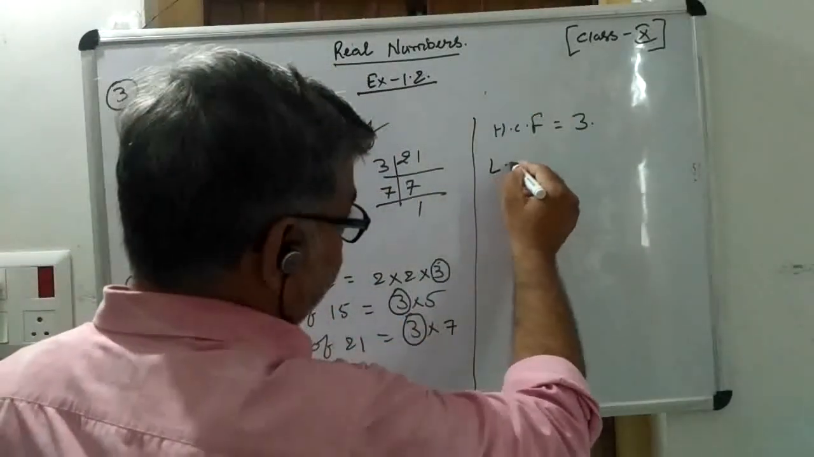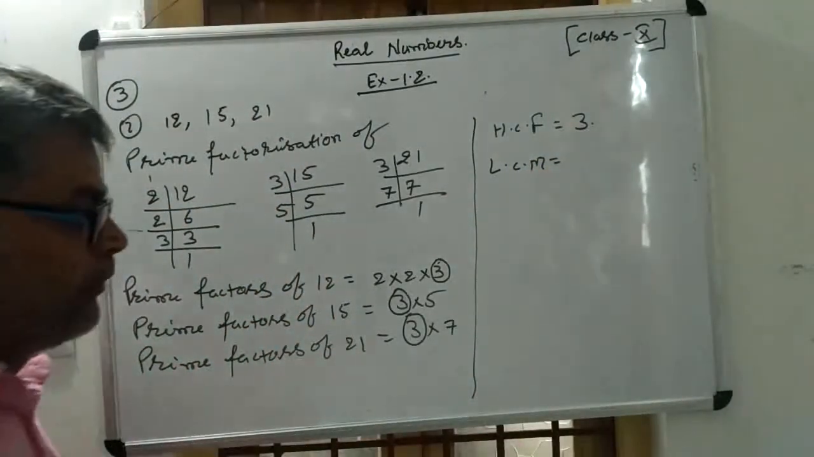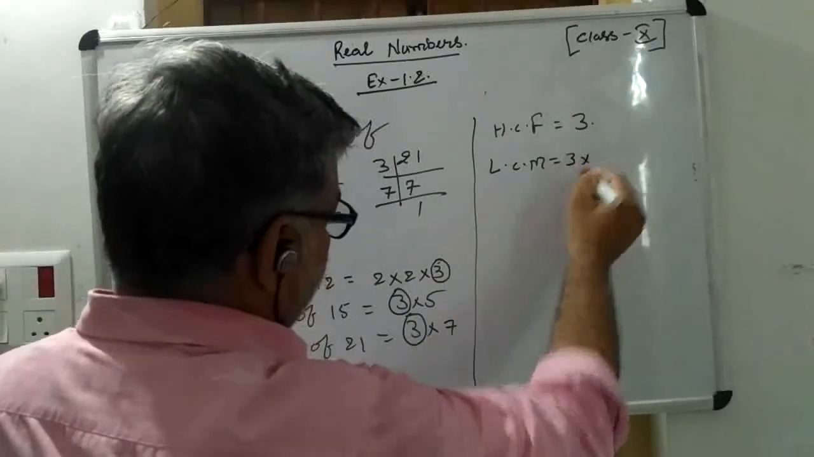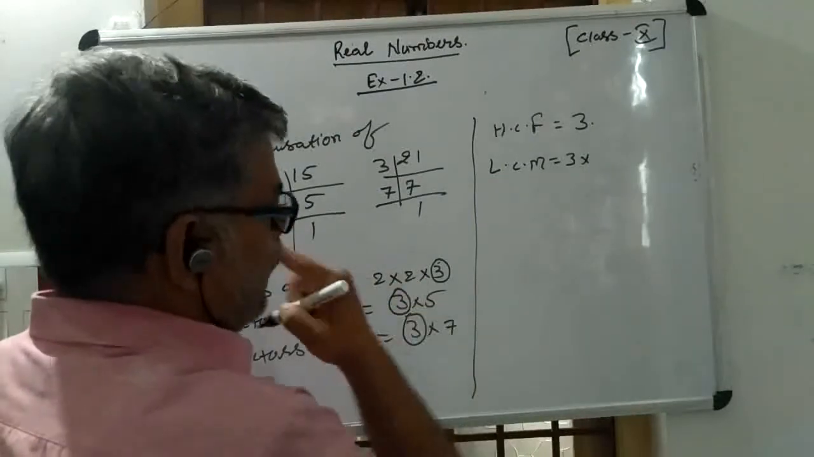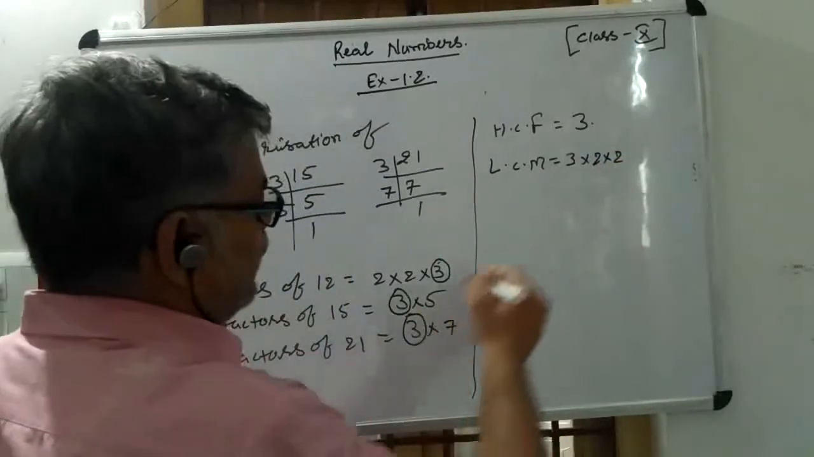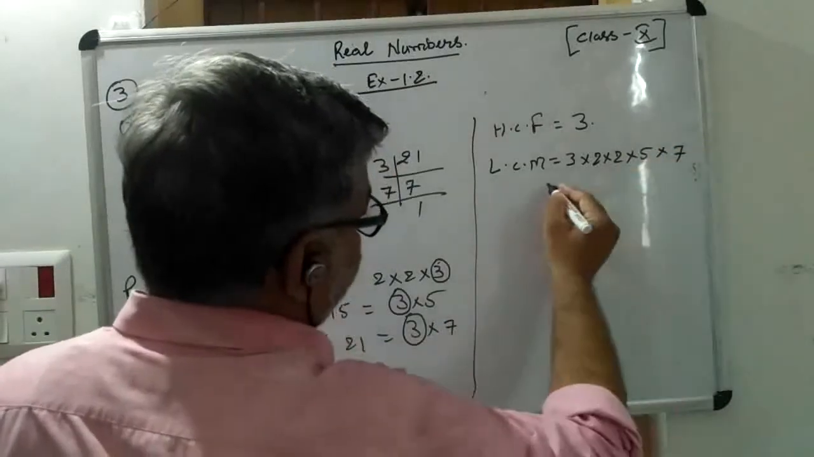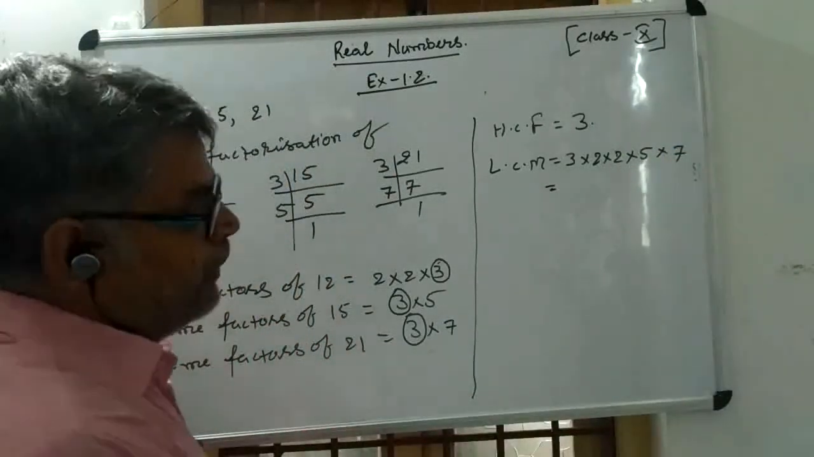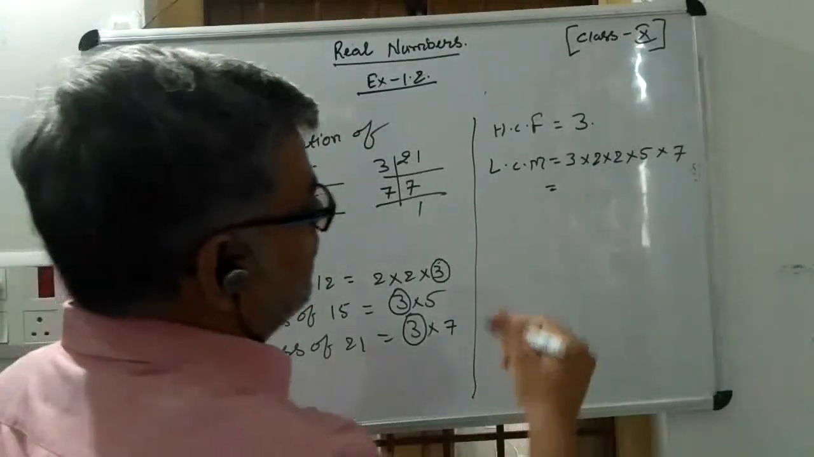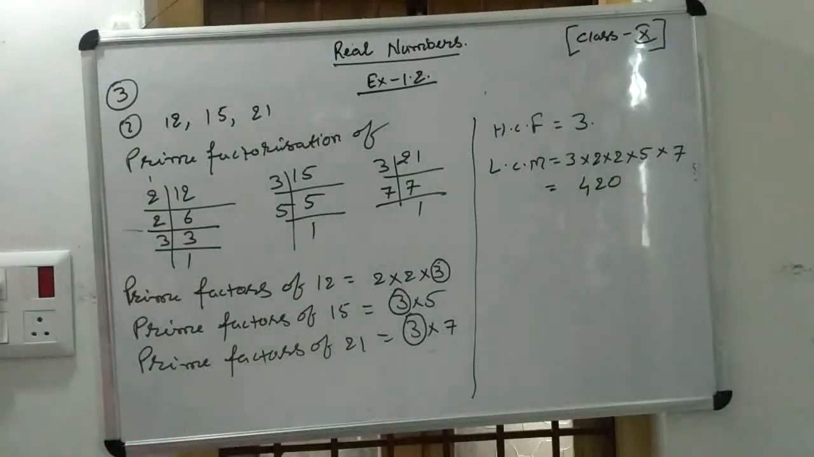And for LCM, least common multiple. So here your common multiples are 3 into 2 into 2 into 5 into 7. So multiply it all together, you will get the LCM. So your LCM will be 3 twos are 6, 2 sixes are 12, 5 twelves are 60, 7 sixties are 420. So this is the LCM of the numbers